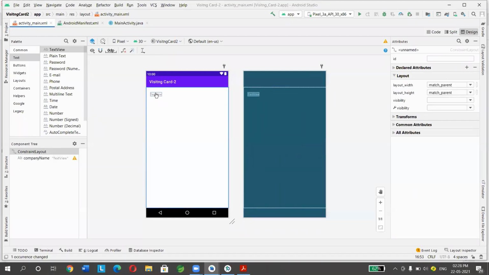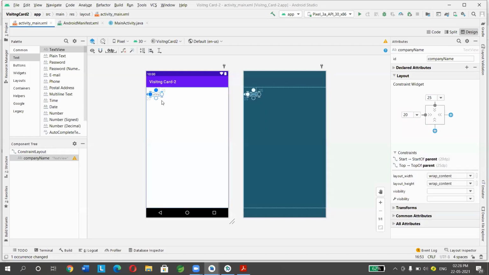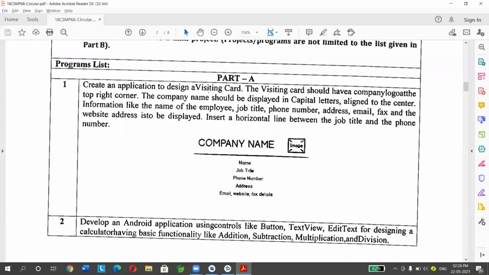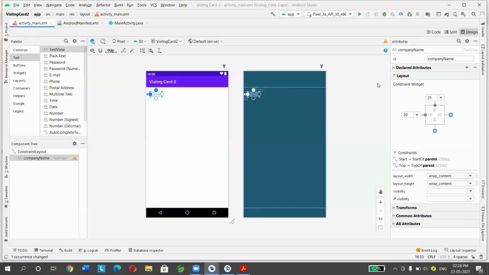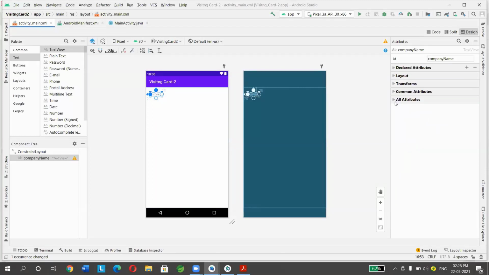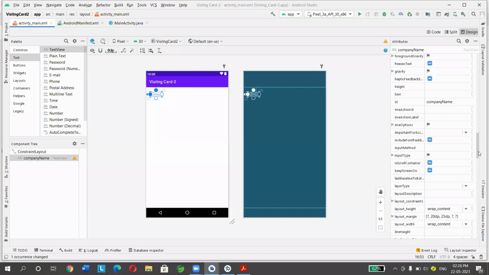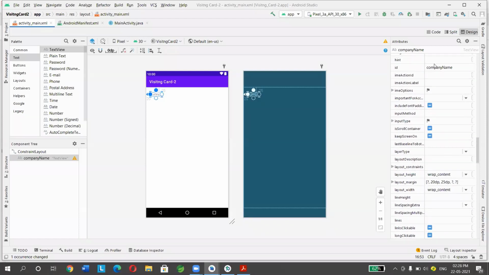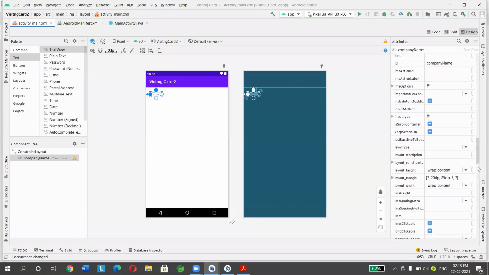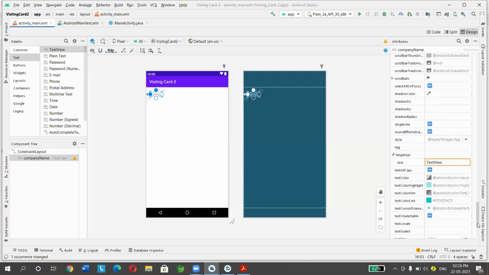By default it is showing text view. Instead of that, I need to show the company name, right? So for that, go to all attributes. Here the ID is company name. Here, select text. By default it is text view.